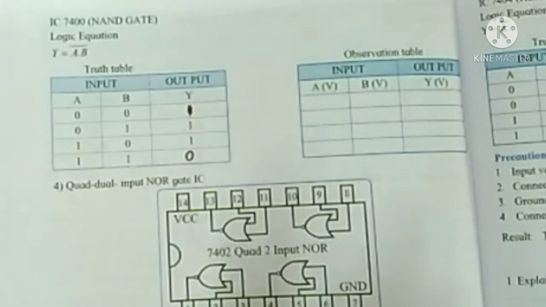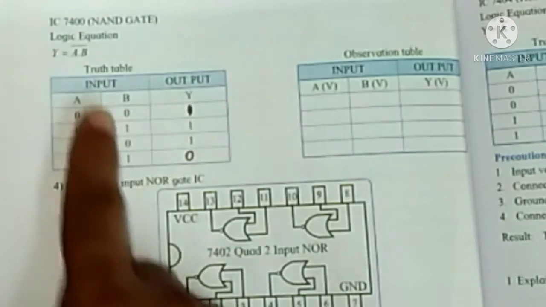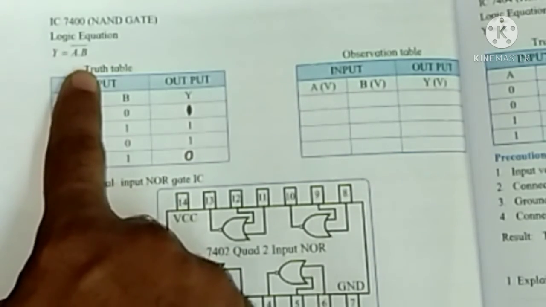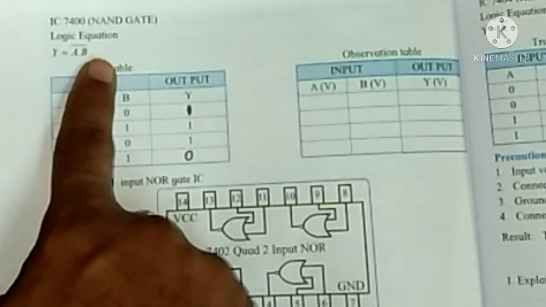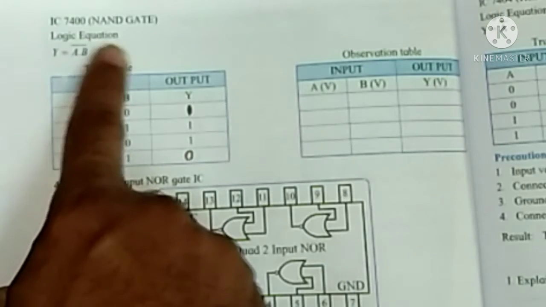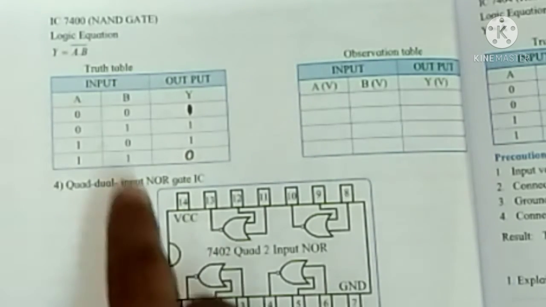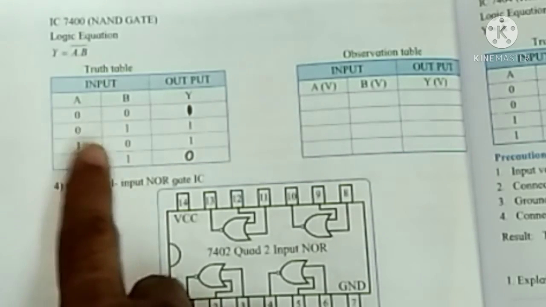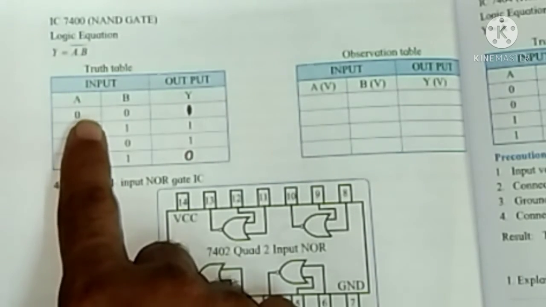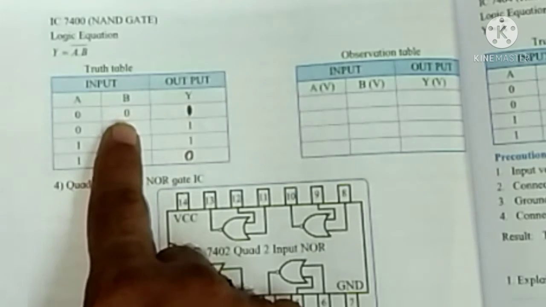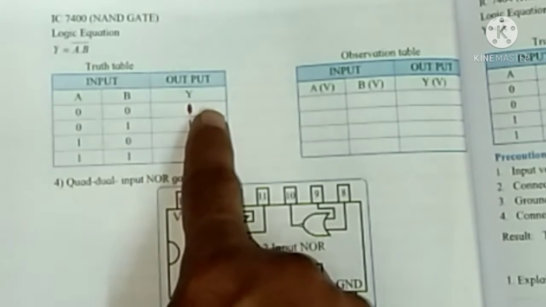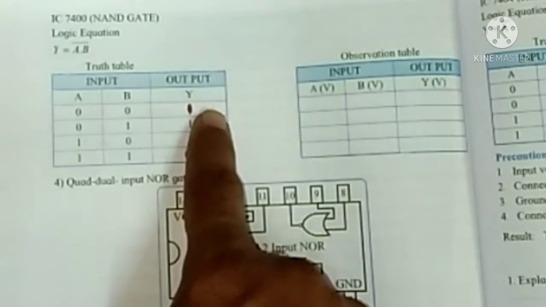A dot B represents simply AND, and if we put a bar over that A dot B, then we get the NAND gate. Bar means negation, right? So in this way, in this truth table, 0.0 is 0, but due to the negation, here we get 1. It means that the final output is 1.